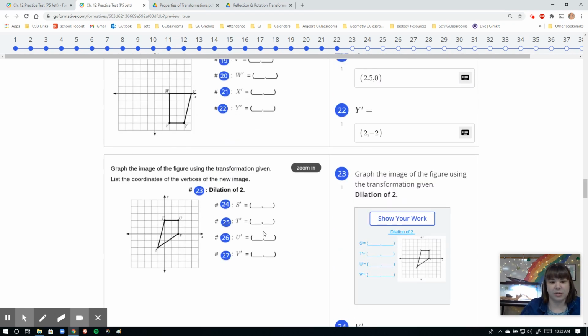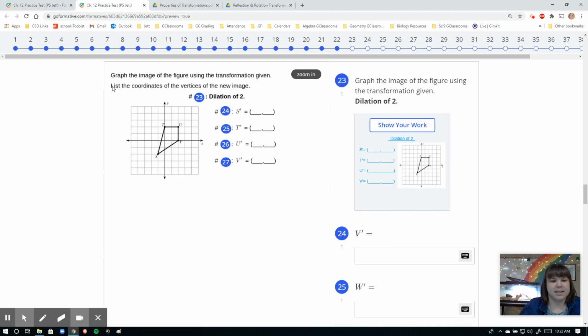Let's move on to the next one. It says graph the image of the figure using the transformation given. So we're going to do a dilation of 2. So that means for every single point, every single vertice, we need to